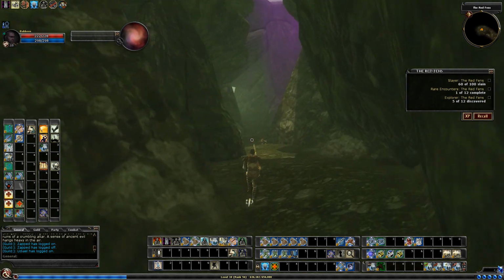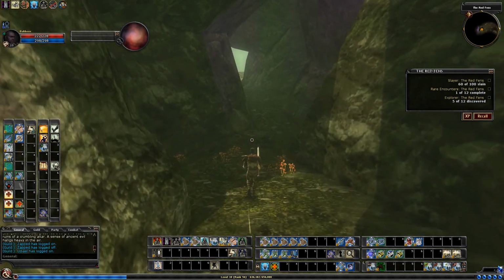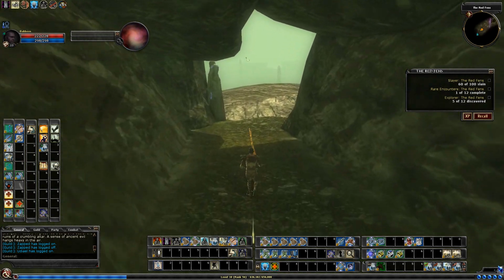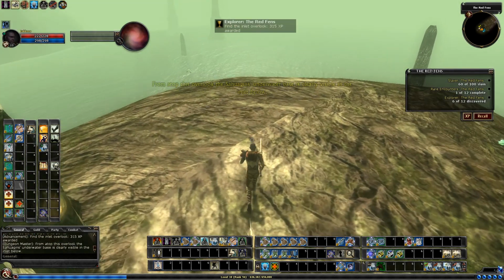Once you get through this cave to the very back, you're going to get to a shrine, and then the person that gives us the quest, and a nice view actually from atop this water,